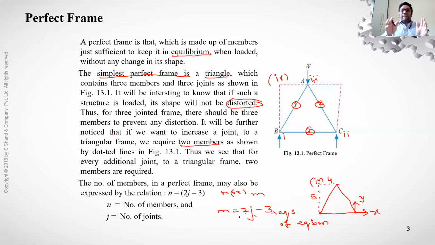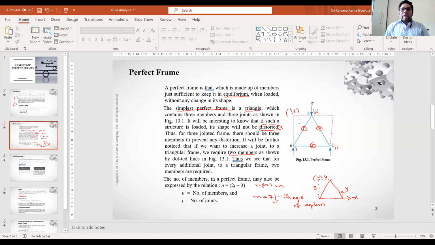Okay, a small piece of information I have given today with respect to the frames under consideration. In the coming classes, we will see what has to be done so that the analysis is carried out for an entire truss. So where are trusses used? Trusses are used in industrial sheds, airports, bridges, and a lot of factories. In all those places, these trusses are used. How to calculate the forces in the truss is something we will see in the next chapter.